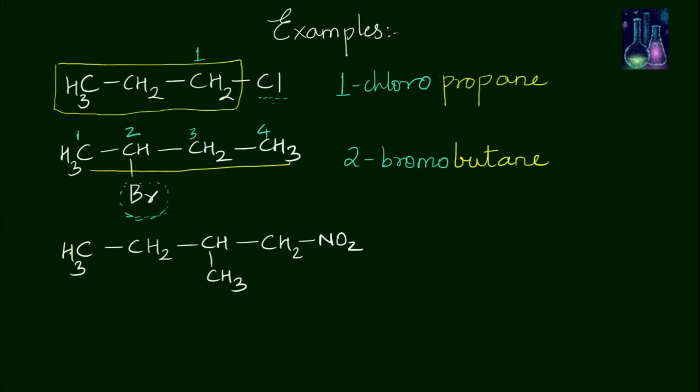Next, let's see this molecule. The parent chain has 4 carbon atoms and there is one substituent present, and you have NO2 as the functional group. This functional group, nitro, is also placed as a prefix. So let's give the numbering 1, 2, 3, 4. So the name of the molecule will be